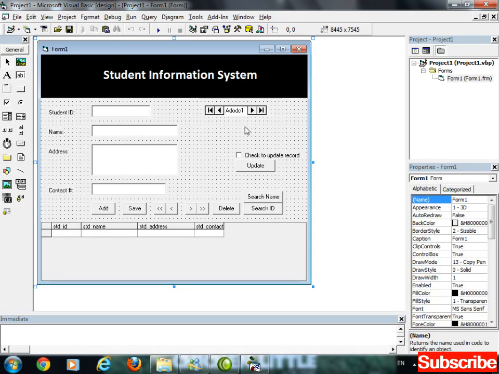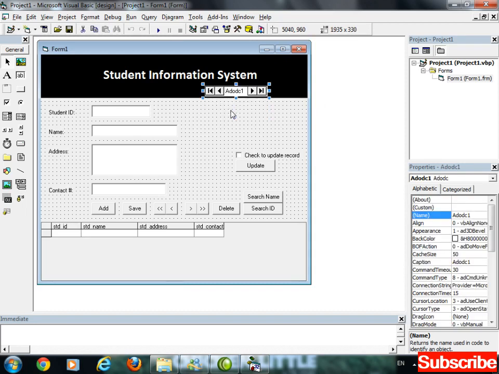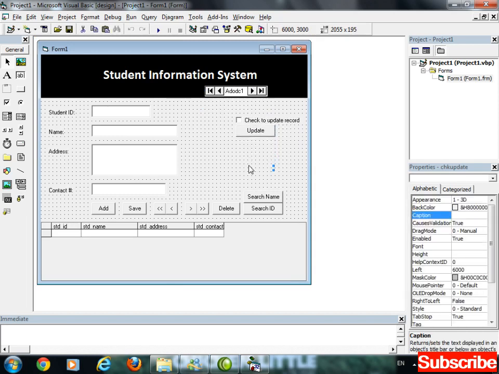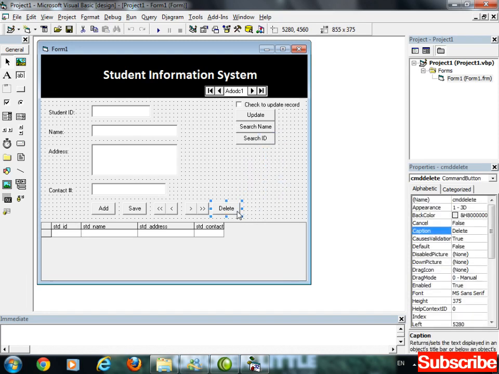Okay, now just set the alignment of the buttons. Move this checkbox and update button to top. Search name and ID, search ID. Delete button. Okay.